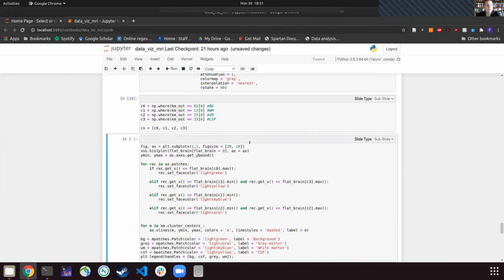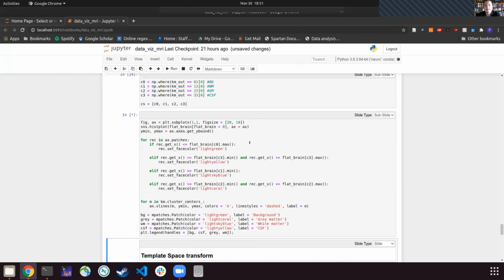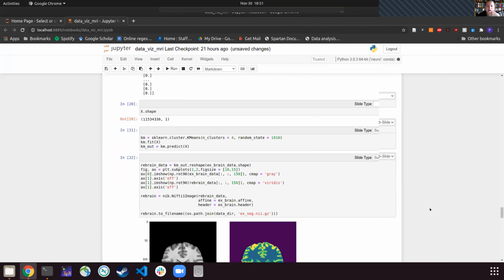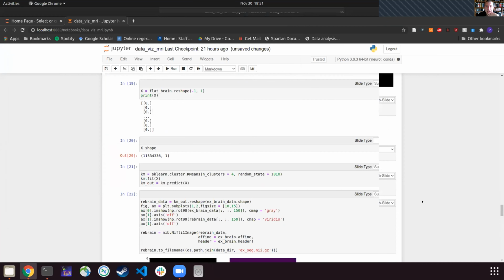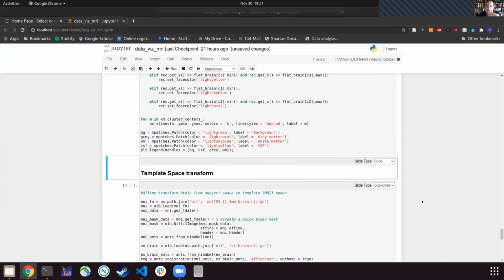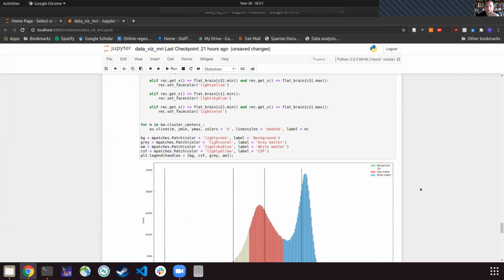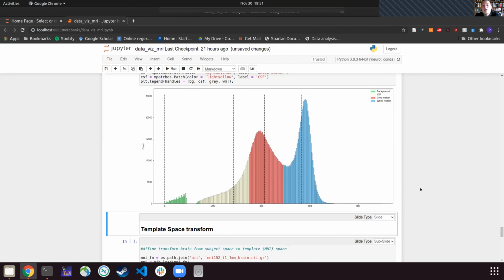So we were attempting to make some sort of prediction on our data. We could basically look at each section of this histogram and say here to here is white matter, here to here is gray matter, and so on. And we can see when this eventually plots, and there we go, this nice multicolored histogram, that that's exactly what we've got. So the lines here represent the means of the k-means